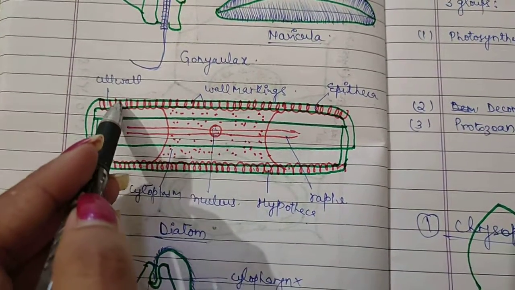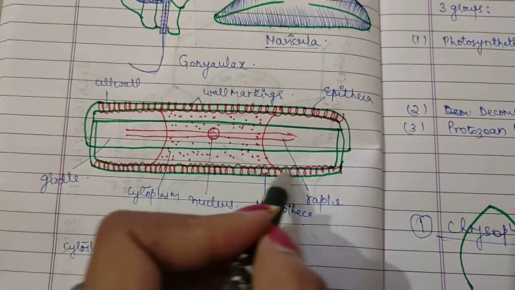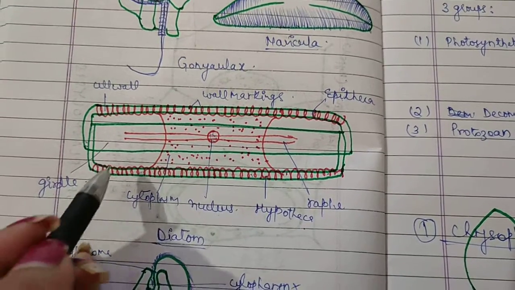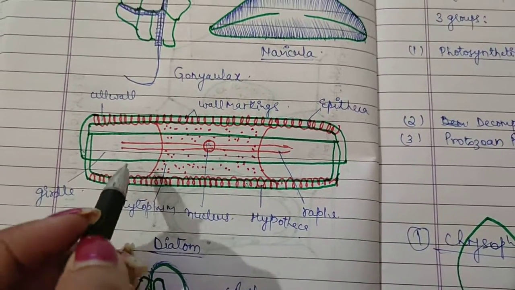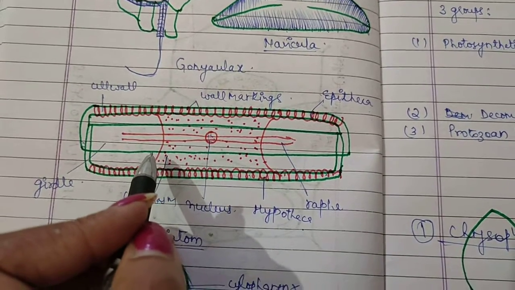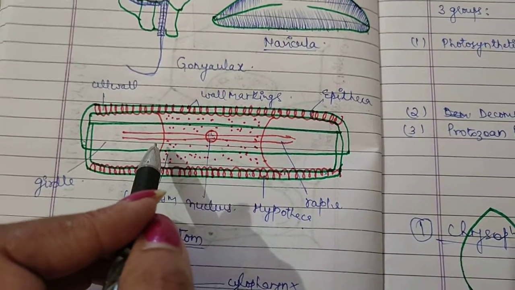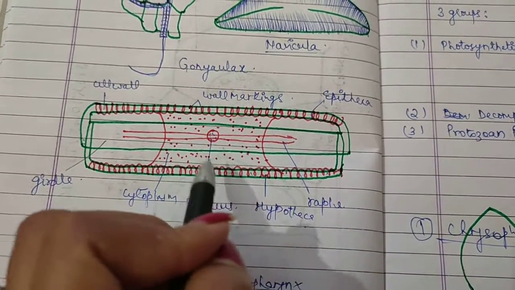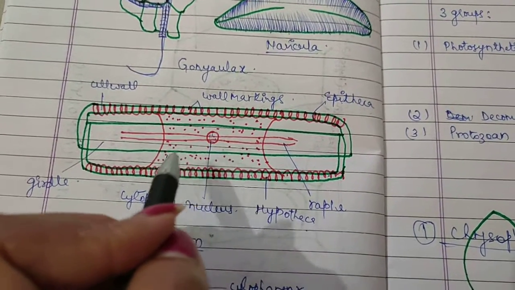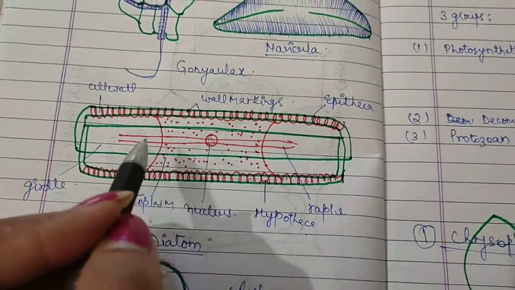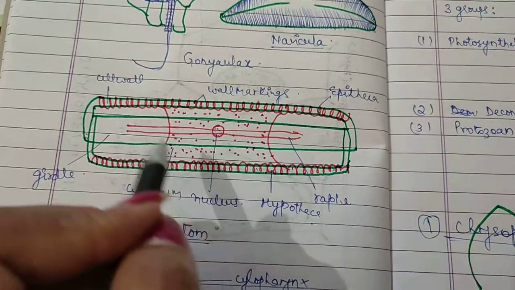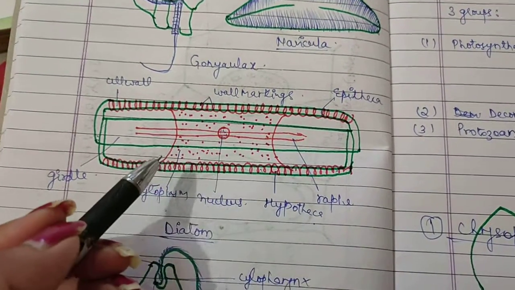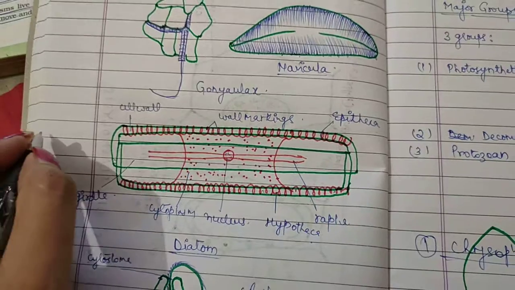The walls are embedded with silica. You can see here, the walls are embedded with silica, and thus the walls are indestructible. So diatoms have left behind a large amount of cell wall deposits in their habitat, where so much of their silica gets deposited, and this accumulation over billions of years is referred to as diatomaceous earth.